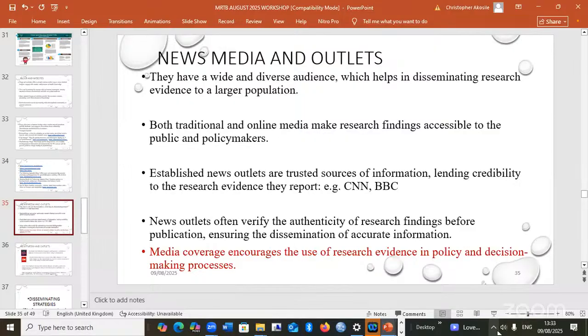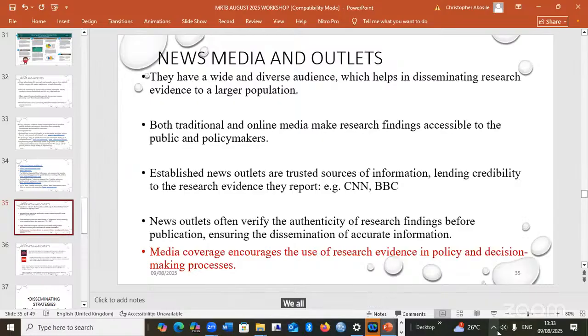One traditional or older form of sharing scientific information is the news media and media outlets, which include the radio, the television, the cable networks, the newspapers, the magazines, and all these things.